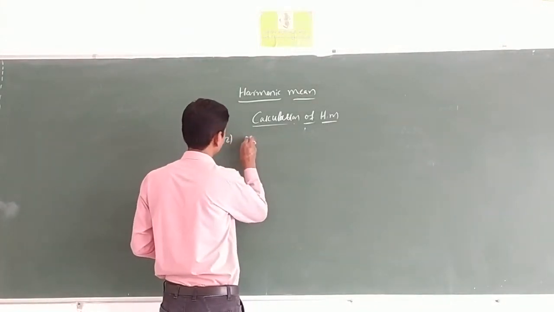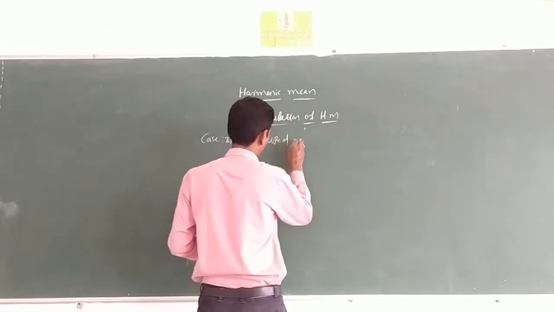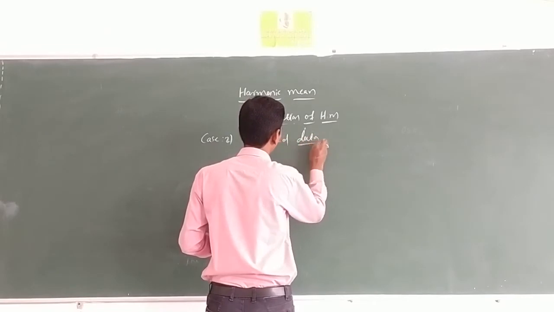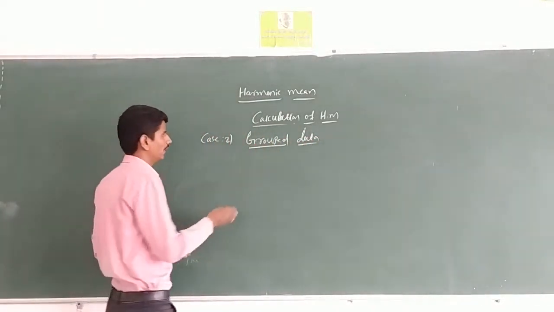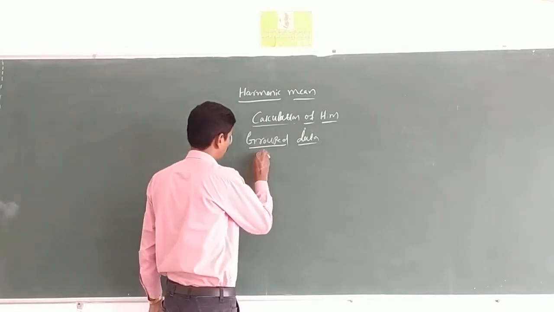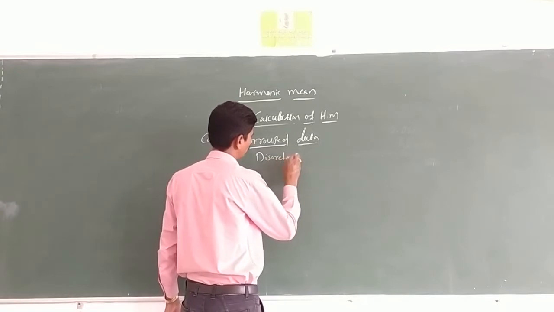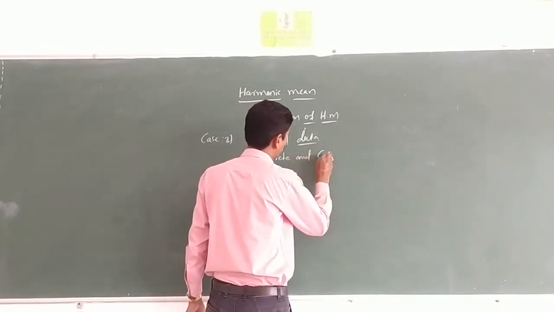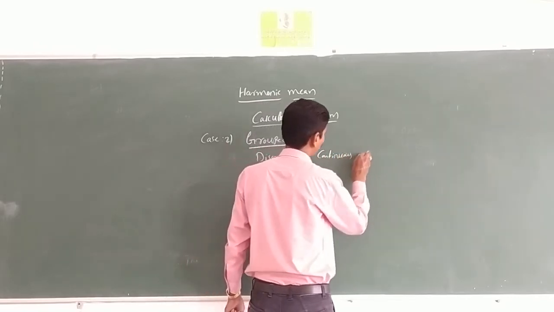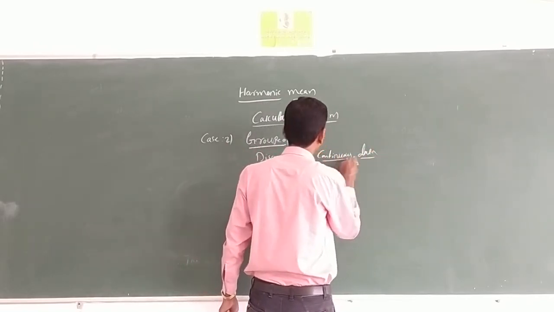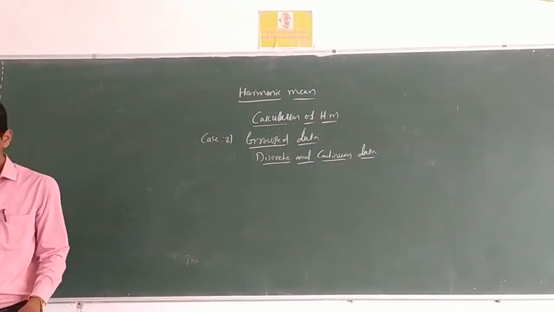Case 2. Grouped data. In grouped data, again it can be classified into discrete and continuous data. Here, discrete and continuous data. If the values